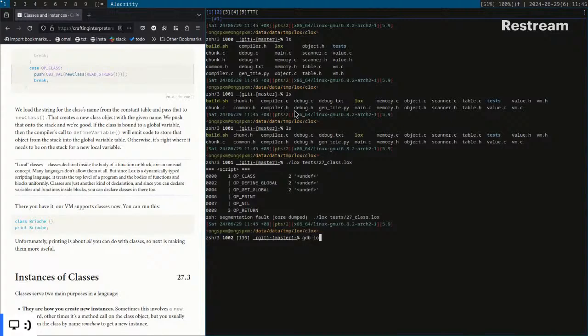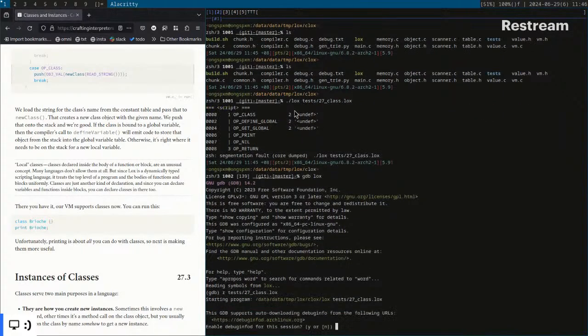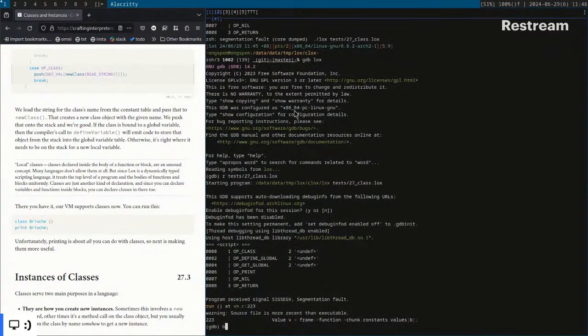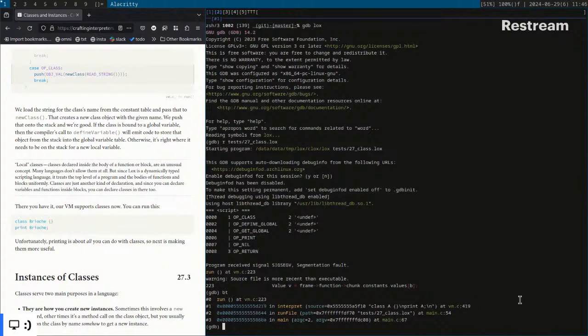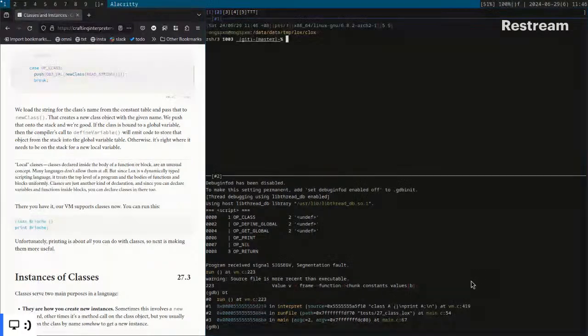When we dig a little deeper into why the seg fault happens, we see ourselves getting the seg fault in trying to get a particular class over here. We're getting some constant chunk in VM223. So taking a look at the code there,